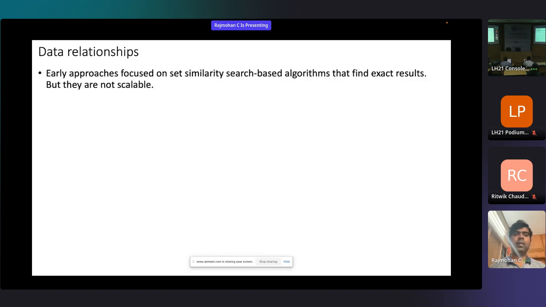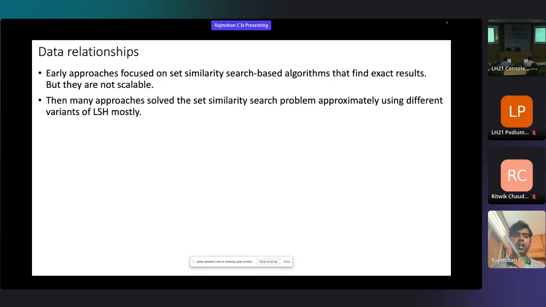Now, early approaches here looked at set similarity based algorithms and they will find exact results, but the problem is they are not scalable. Then there have been a flurry of approximation based approaches, and these are mostly variants of LSH,